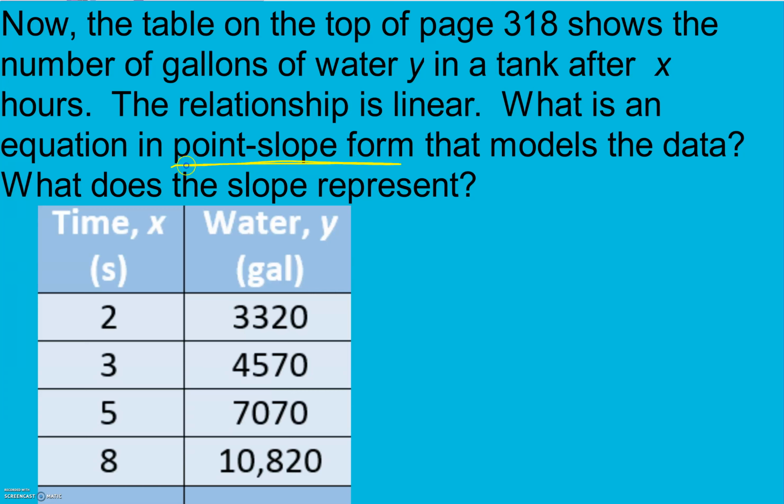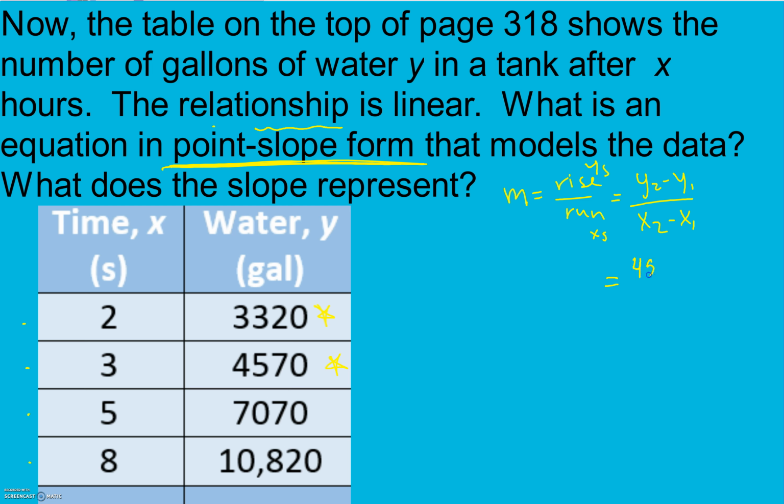So here we want point-slope form. So we need to find a point, which we have 4 of them. But we also need a slope here, and we can find that using our slope formula. Rise over run, which means our y's over our x's. Again, it doesn't matter which point we use first, or here which 2 points we use. We just have to be consistent. So I'm going to use these 2 points,